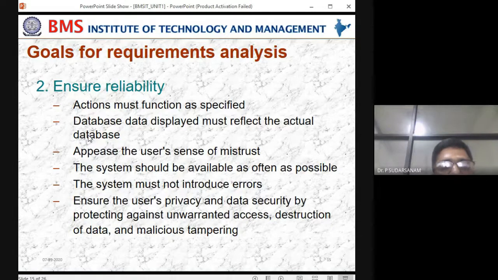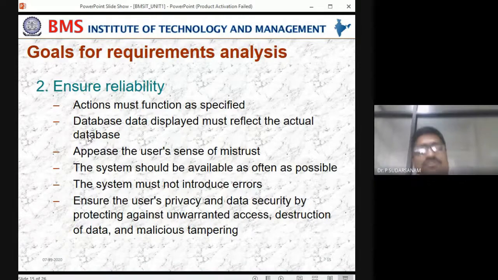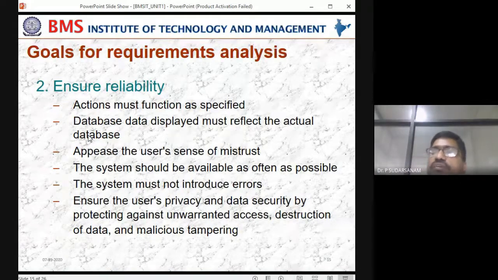Third one is appraise the user's sense of mistrust. This is also important. You have to identify the user's sense and make sure they are not able to misuse it. That is the most important thing in business technique. Next one is the system should be available as often as possible.